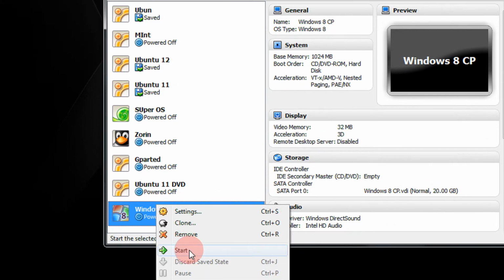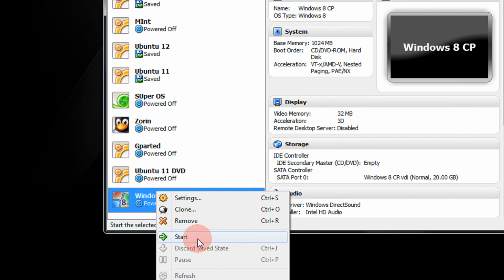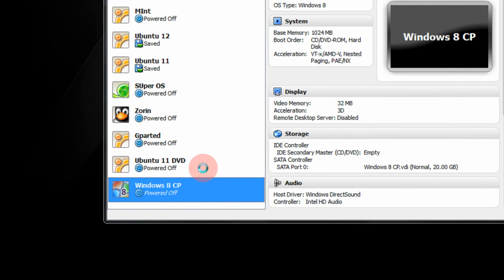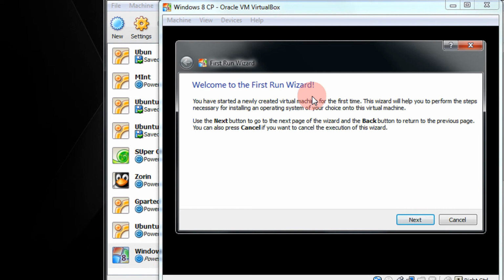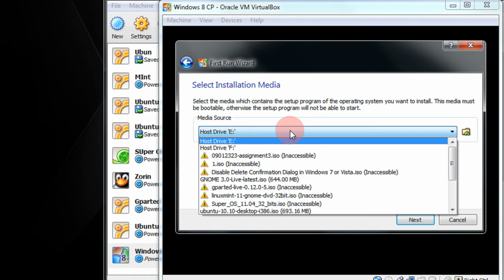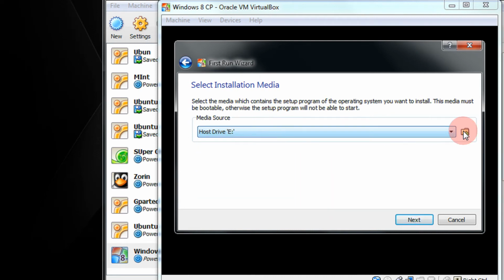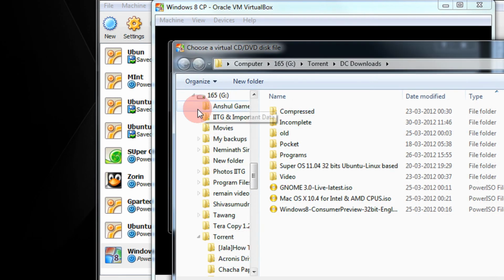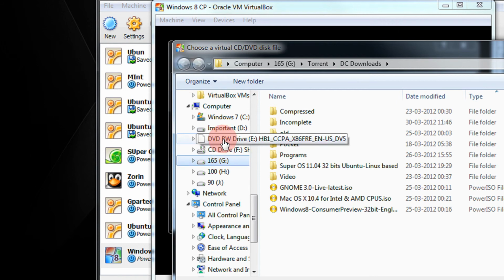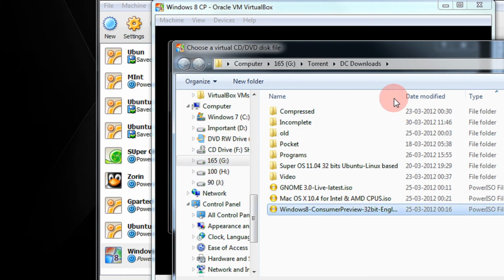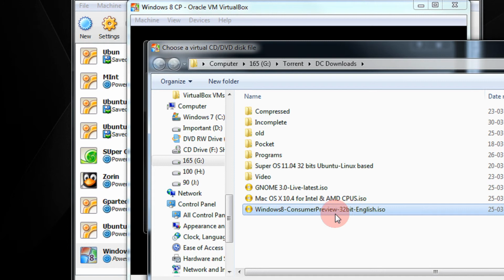Now right click on the virtual machine tab and click Start. We will have the first time boot wizard. It is asking which media source. If you have burnt a CD, you can directly select the CD-ROM. I have an ISO image of Windows 8 Consumer Preview 32-bit.